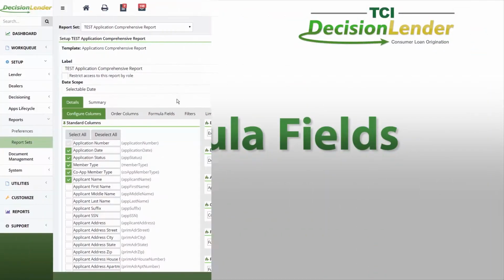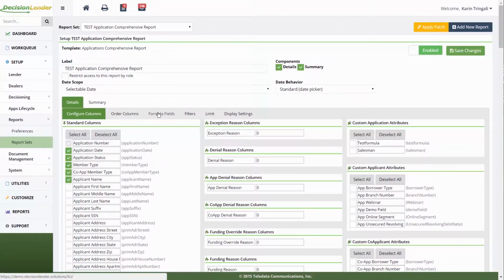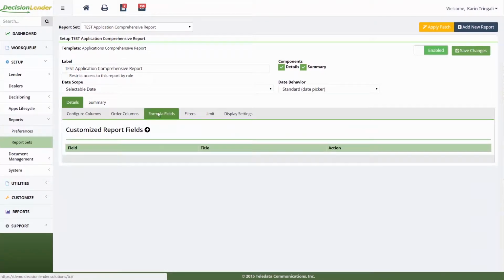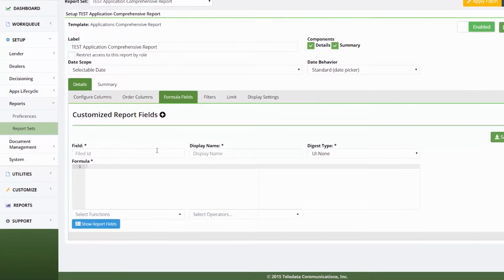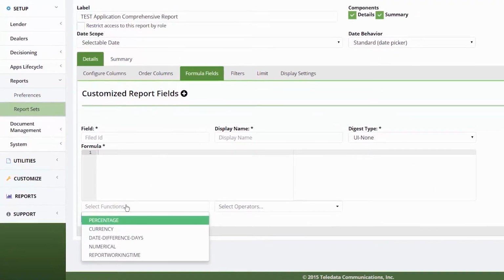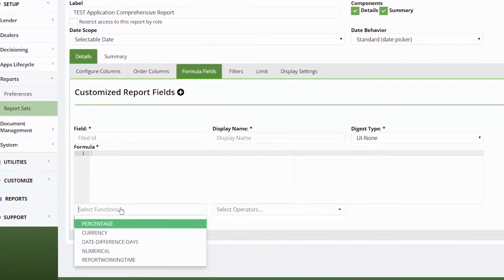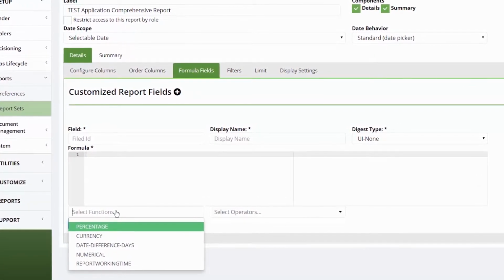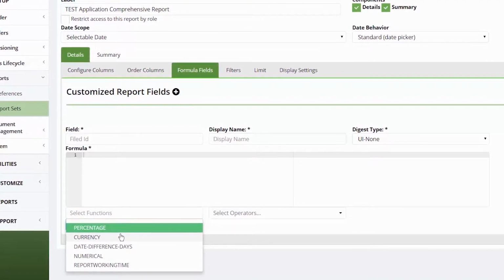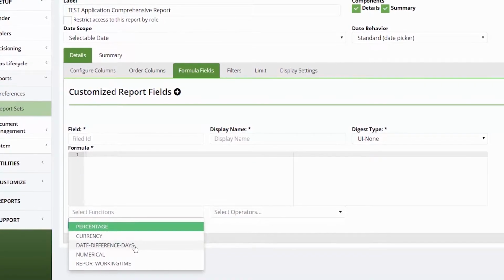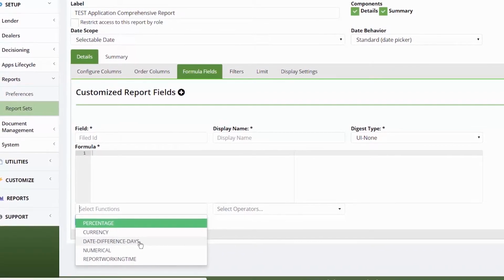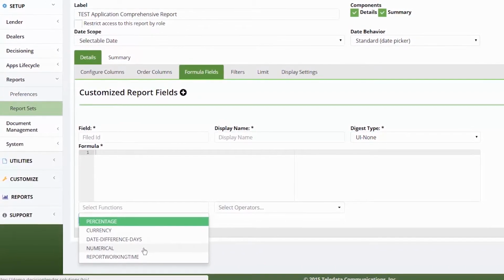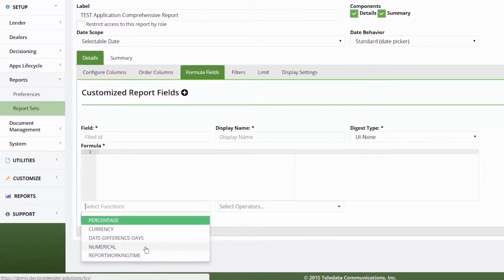Formula fields. Under the Formula Fields tab, when a custom report field is created, you have a choice between types of formulas. The options are a percentage, which will display a percent value, currency, which will display a dollar value, date difference days, which will display the difference between dates, for example, how long it takes between approval date and fund date, numerical, which will display a general number, for example, account, and